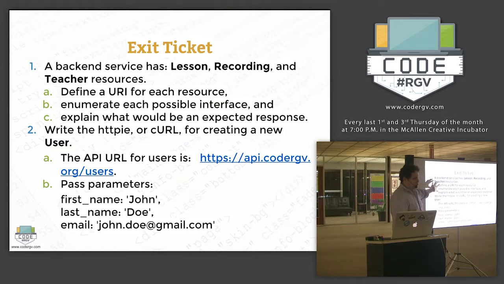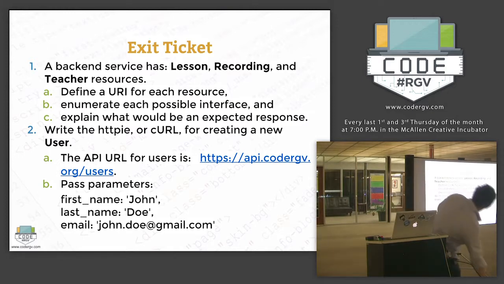Let me walk over the instructions, because when I put it up on the projection again, it's just there for you guys to work on it. We want to help you, but at the same time, this is a good test for you to actually just practice it. What I'm describing is a backend service, and it has a lesson and a recording,